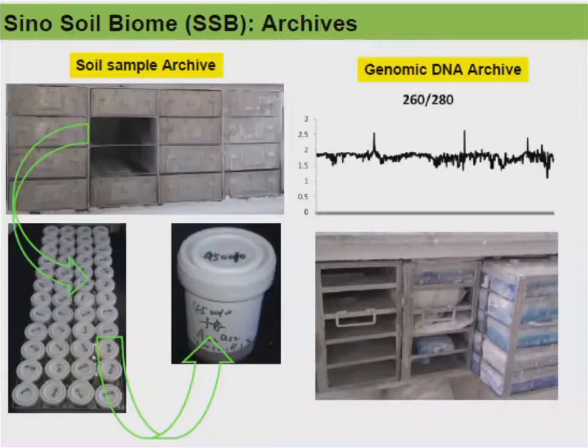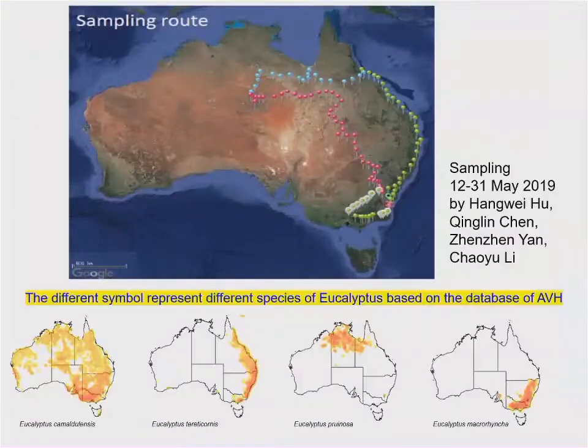And also we extract the microbial DNA and put it in very tiny tubes and store it in the fridge. Because quite often, after 5 years, 10 years, we can go to some sites, like a glacier retreat area, and collect samples to see the change of the microbial community. So this is called temporal evolution or temporal succession of the microbial community.